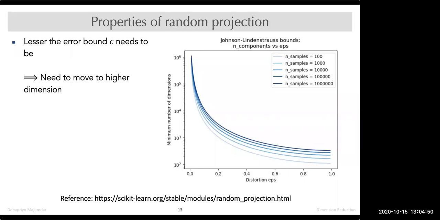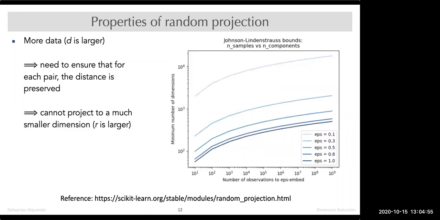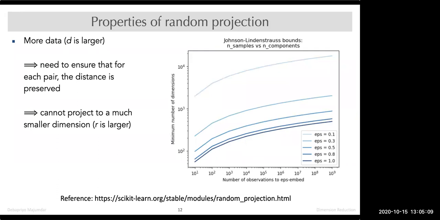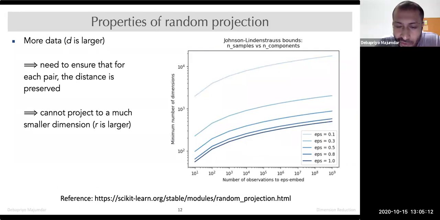Sir, here keeping the error fixed is similar to preserving the variance of the data points. Is it similar to that? Okay, keeping the error fixed means yes, somewhat, right? Because intuitively, what does variance mean? Variance of a transformation in this case would be that if your data points were close, then after transforming, they shouldn't vary too much, right? So yes, if you keep the error small, that means the variance is small.